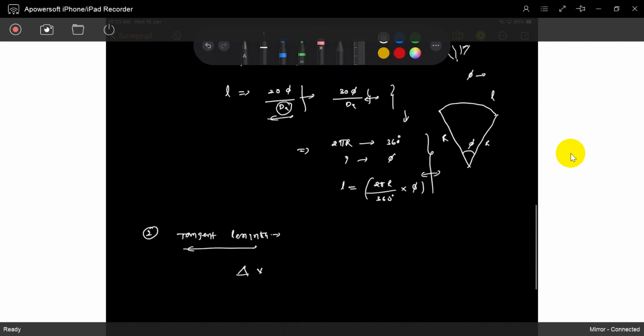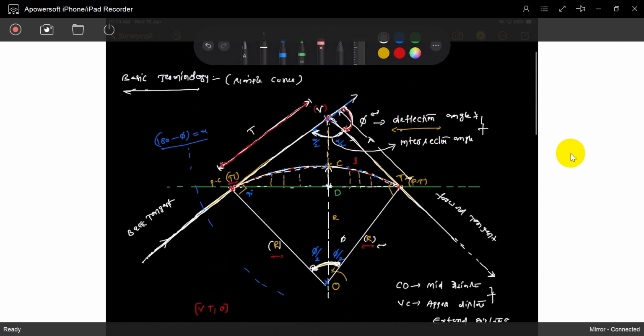Triangle T1O, this is also a right-angled triangle. See, this is 90 degrees because this is a tangent to this line, and this is the perpendicular line. So this is at 90 degrees. Now sine phi by 2, how much is it? Sine is the opposite side, so sine phi by 2 is T over